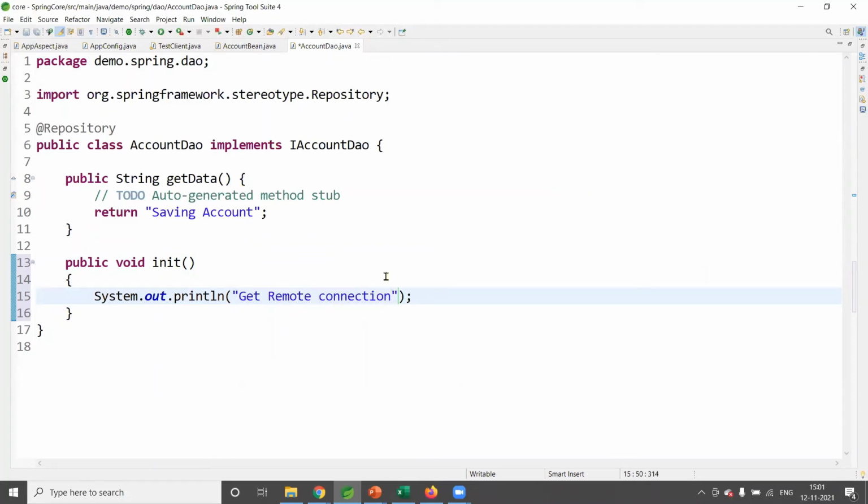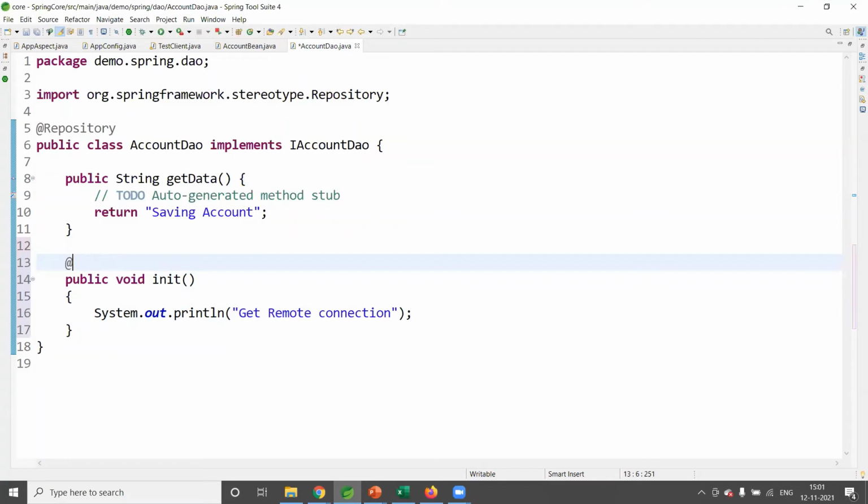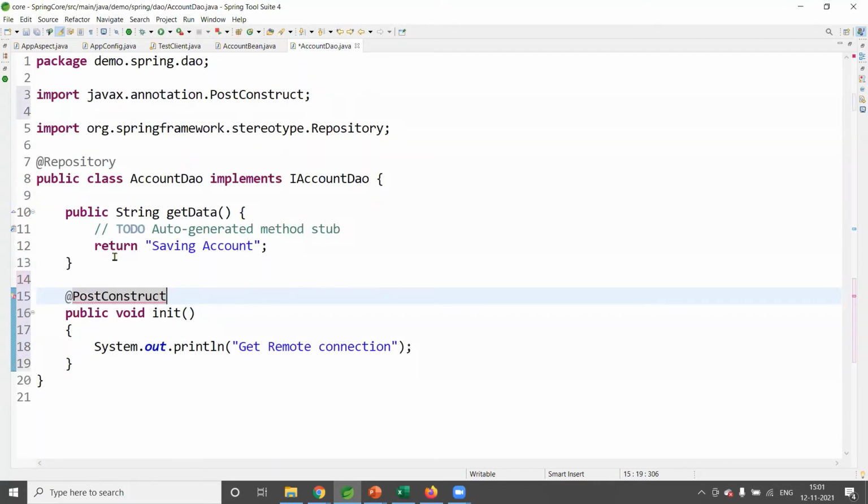One of the advantages of this is if you want to call some remote service object, or get some remote service object, or create a data source. Data source can be created using @Autowired. But for anything which is not part of a Spring bean that you want to initialize, or if we want to get some data and store it into some map objects, we can use this init method. So here I'll say @PostConstruct.